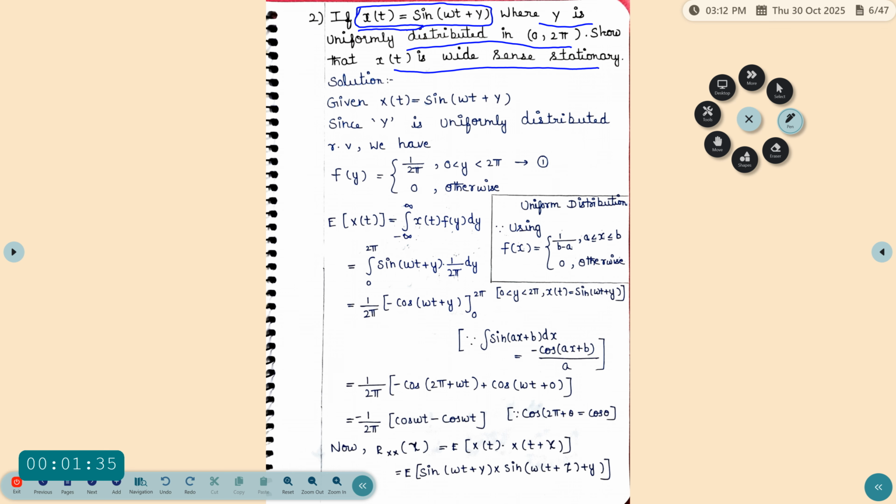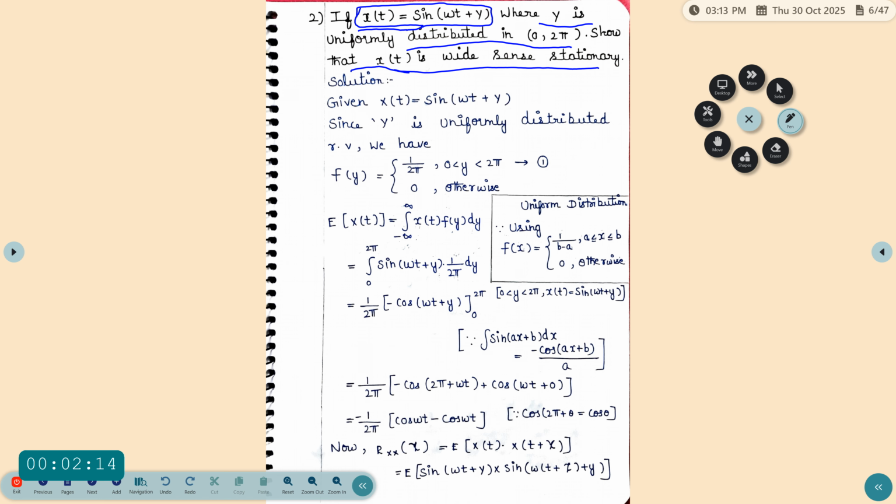X(t) is stationary means we have to find that the mean and variance, standard deviation of X(t) should be constant. That is, statistical terms of X(t) should be constant for it to be stationary. Here we are going to prove X(t) is wide sense stationary. That means it is enough to prove that the mean, that is the expectation of X(t), is constant, and the autocorrelation function R_XX(τ) = E[X(t) X(t + τ)] depends only on τ.